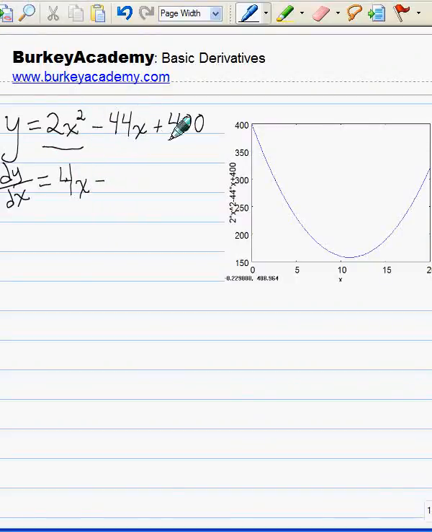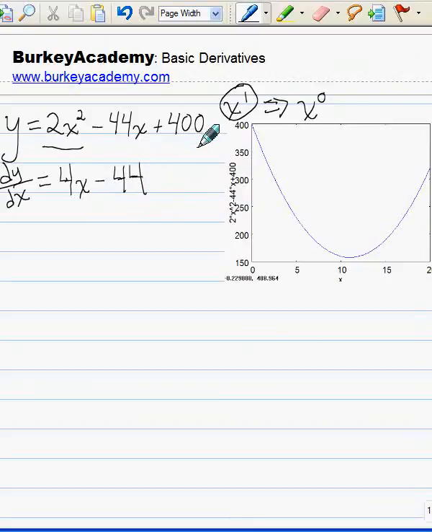If terms are added or subtracted, you can treat them separately. So minus 44x: we take the exponent on the x, which is 1, multiply it by the 44, and that's just 44. And then we take x to the first. Let me write that over here. We take the x to the first, and we subtract 1 from the exponent. So what are we going to get? Well, x to the 0. And anything to the 0 power is just 1. So all we're left with here is 44 times 1,